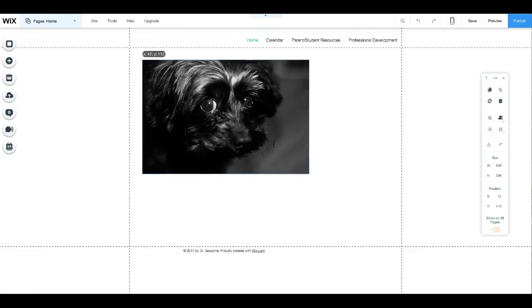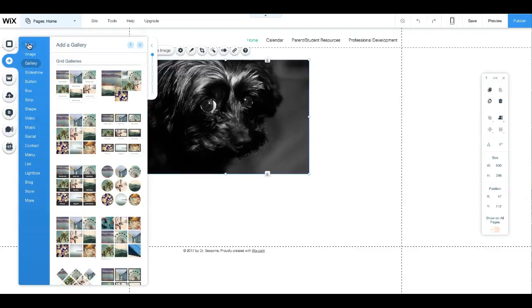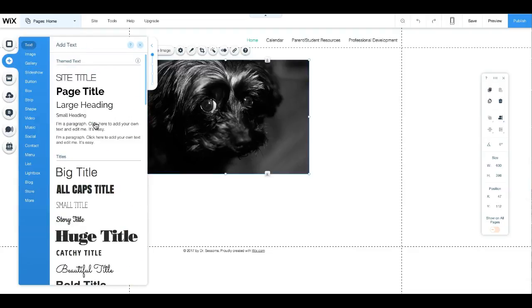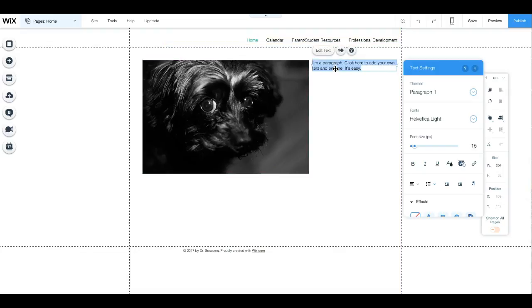The next item we need is to add some text, which will be your paragraph that you type, your introductory paragraph. So we need to click on that plus sign again, then go to text, choose I'm a paragraph, then you move that over here. And you notice these guides will help you line everything up. Now you don't have to put your text here, I'm just showing you that you can move it around. So you'll type here,